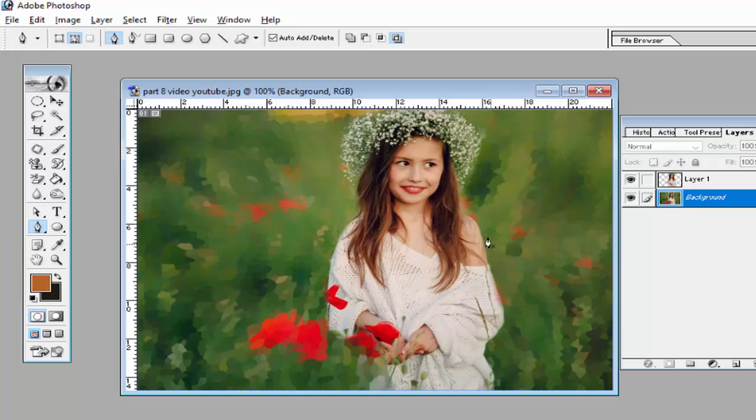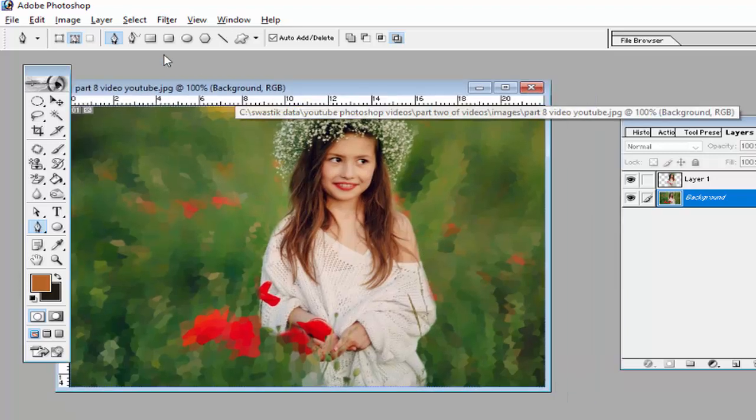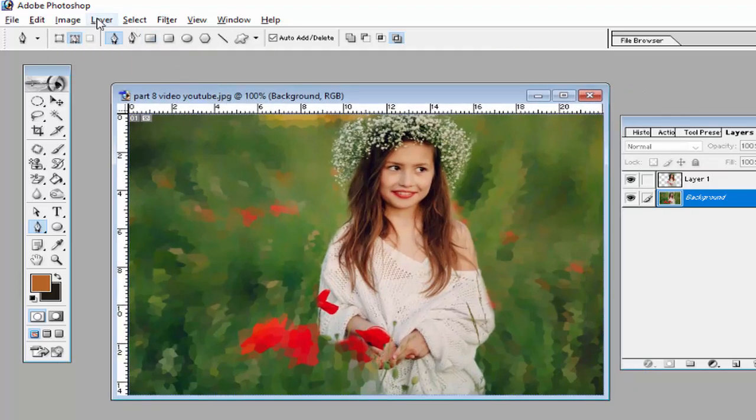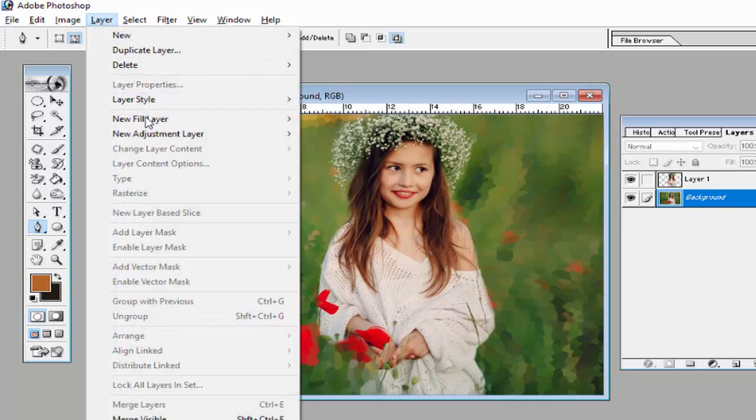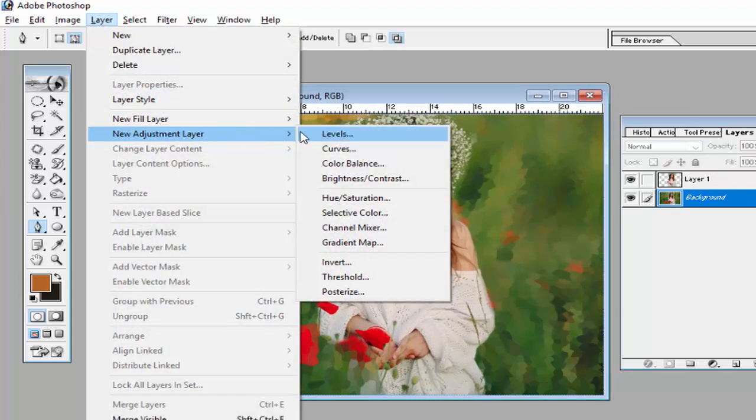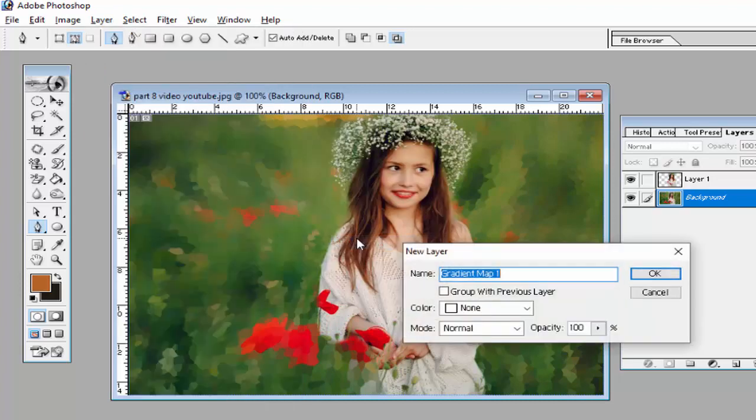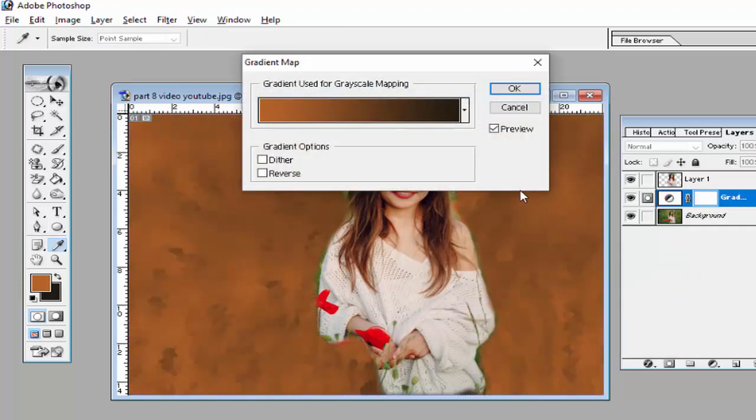So I think you understand. After giving this effect, go to Layer, click on New Adjustment Layer, and then select the Gradient Map option to create the new gradient layer. Click OK. You can enter a name here, such as background gradient map, or you can continue with the similar name, then click OK.